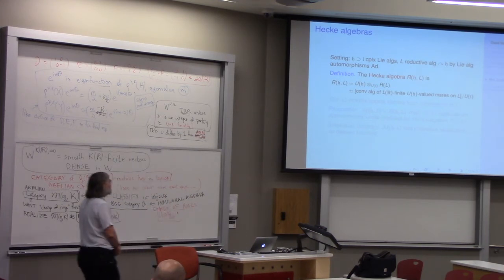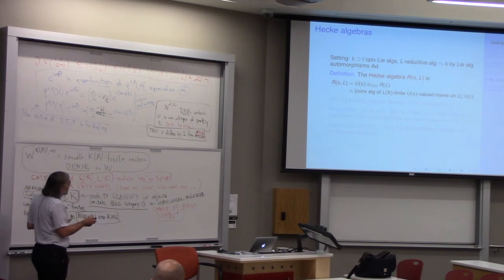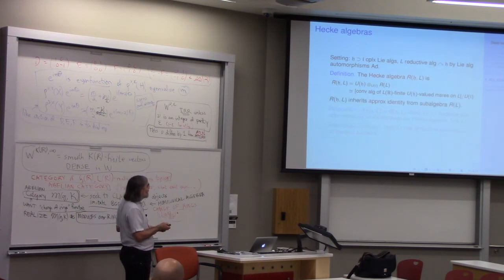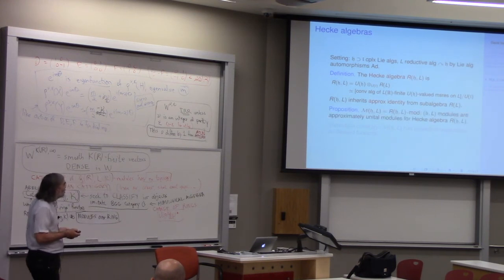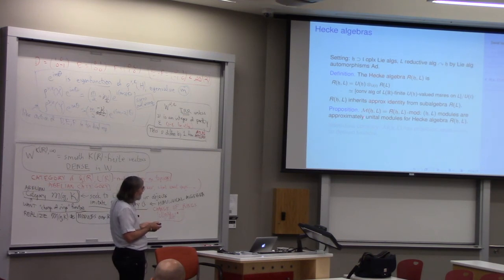Well, this is vague, but this is a perfectly good associative algebra, and it has an approximate identity that it inherits from this subalgebra. And the statement is that this category of H, L modules is the same thing as approximately unital modules